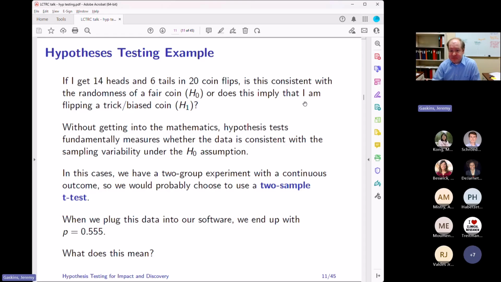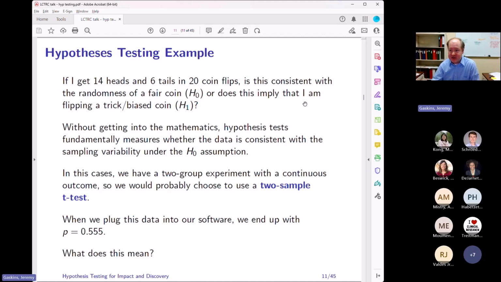For this example, with the cesarean opioid use, we've got 2 groups and a continuous outcome. So the test that I would want to use is my 2-sample t-test. If I plug my data into software, R or SAS, or whatever web page I can find that gives me a 2-sample t-test, it's going to return a p-value at me.